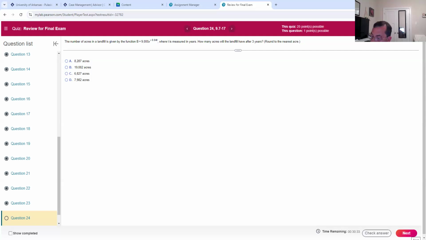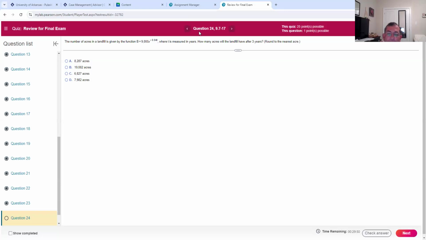Oh, y'all, this one they're giving you the formula. So let me write this formula down. B equals 9,000 e to the negative 0.04 t. So it's a landfill. Now, since that's a negative 0.04, this is one of those where it's going to decay or get less. It's decreasing, okay, since it's a landfill. So they want to know how many acres will be left